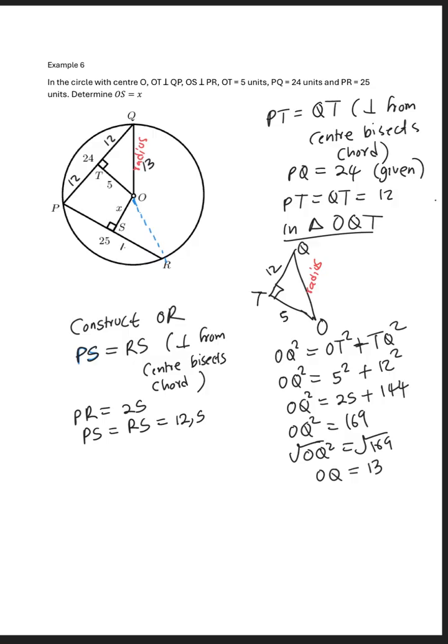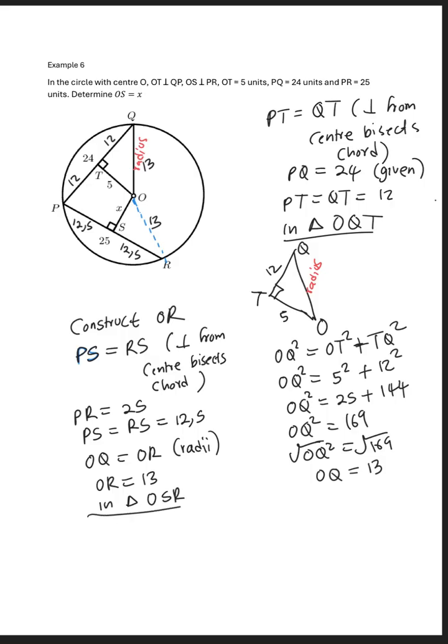So we're gonna put 12.5 here and 12.5 there. Then now we know that OQ is equals to OR. They are both radii, and then it means that OR is actually 13. So we have 13 here, and then now we're gonna say in triangle